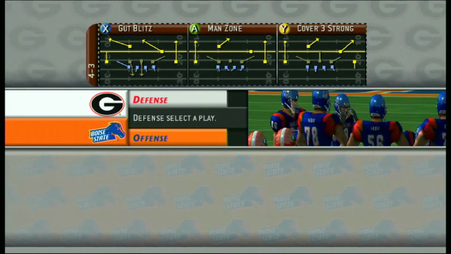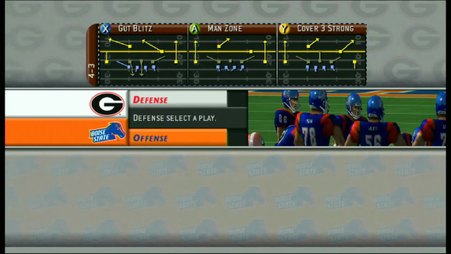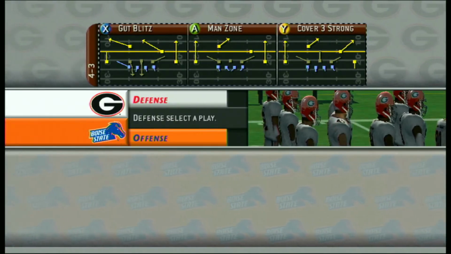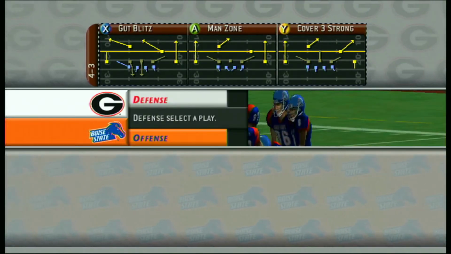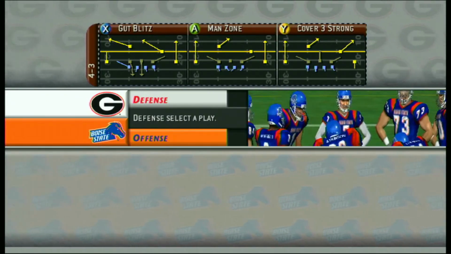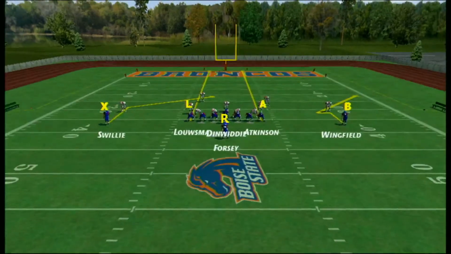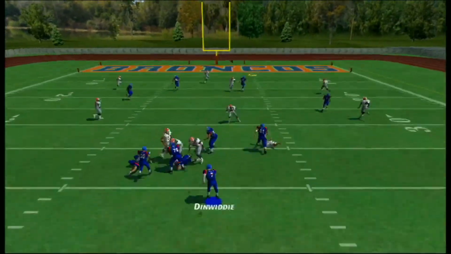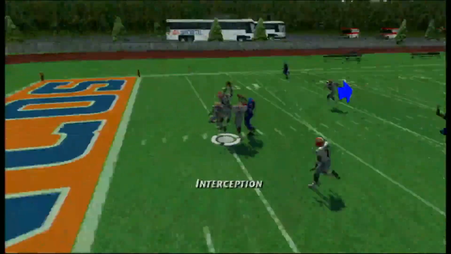Man zone. So man zone in the middle, you can again see the 3 deep arrows, and then the strong safety, instead of being in a zone, he's in man. And ideally, he should probably still cover that tight end, if I'm thinking correctly. We can actually check that. And we can drop back. And he is, and he does, and we do.